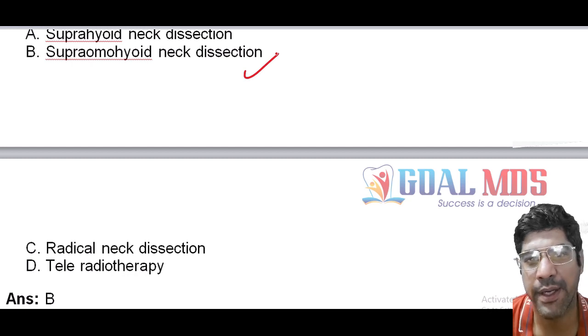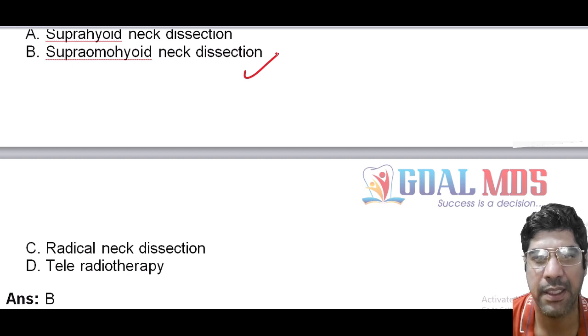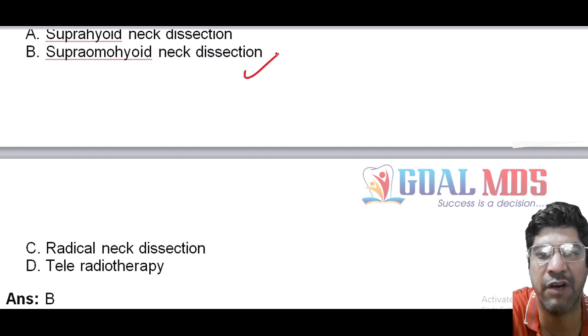Both supraomohyoid neck dissection and radical neck dissection can be considered with the lymph node involvement, but the choice between these options depends upon the extent of disease and the goal